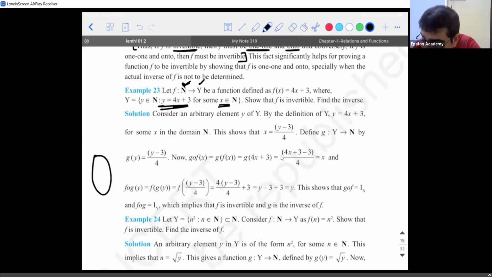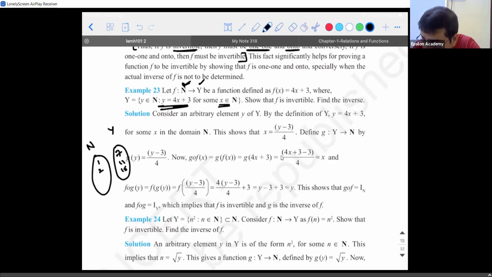In the natural number set, you will find numbers starting with 1, 2, till wherever it goes. But in the set Y, you will find only numbers which are outputs of 4x plus 3. So when you start with x equal to 1, you get 7 in the set Y. When x is 2, you get 11. So 7, 11, 15 are the elements that exist in set Y. Though these also belong to the natural number set, that is what they are trying to say.